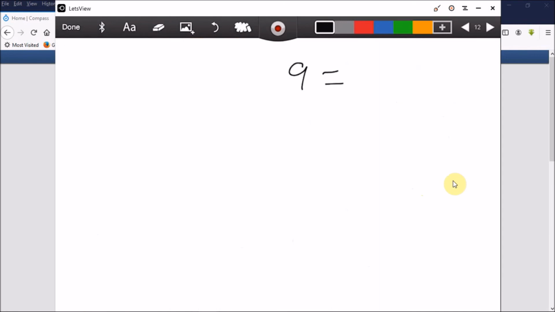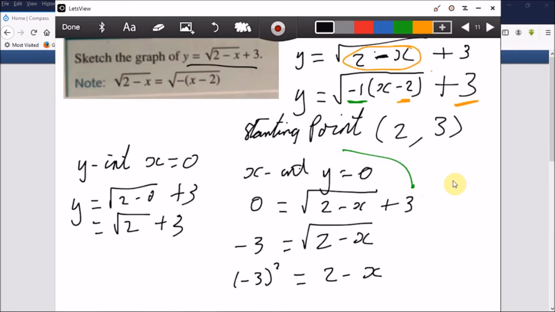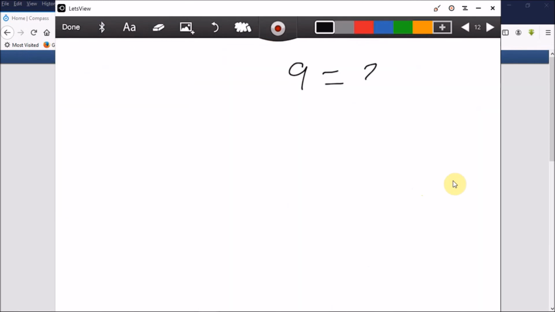And so 9 equals 2 minus x. Take 2 from both sides. And so then x, if we divide by negative 1,